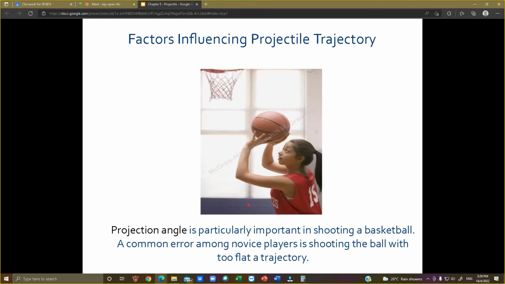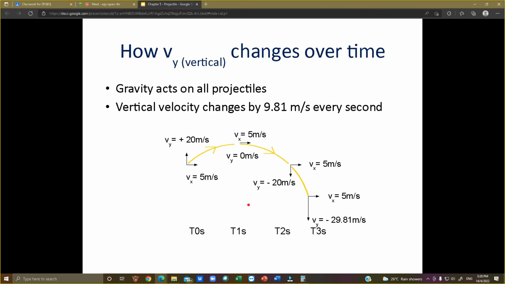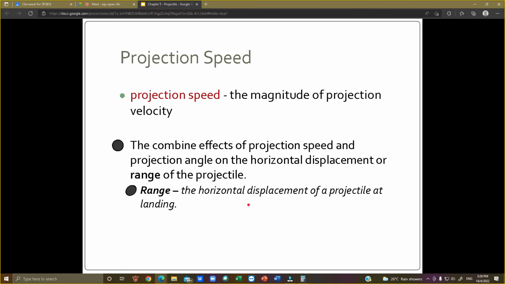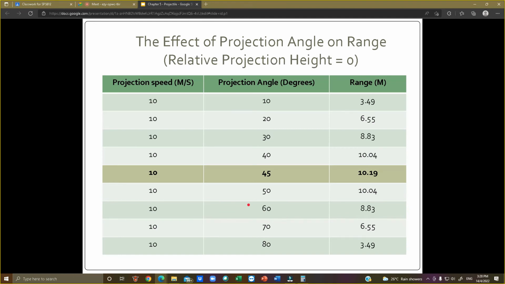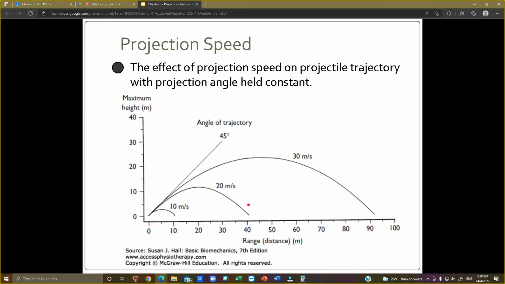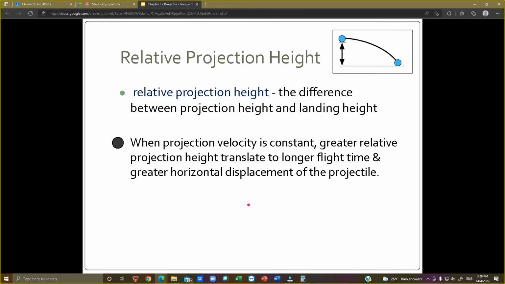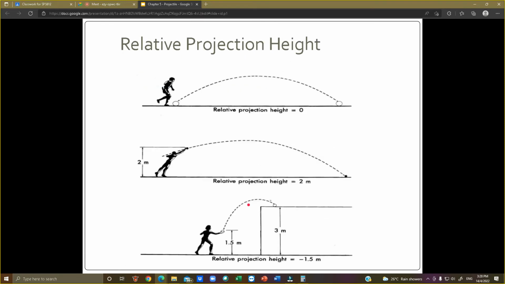Okay, ni tak payah. Okay, benda yang sama, so please read through this one again afterwards. This is just an example. Okay, we have speed, we have velocity, the same thing, and then finally is the relative projection height. Ini dia, relative projection height 0. This is relative projection height higher. This is relative projection height lower. So this one 45 will give the most effect. This one less than 45. This one is more than 45. You are going to get to the target.